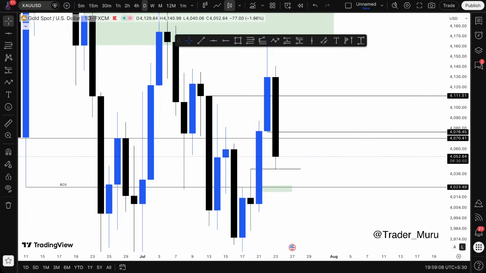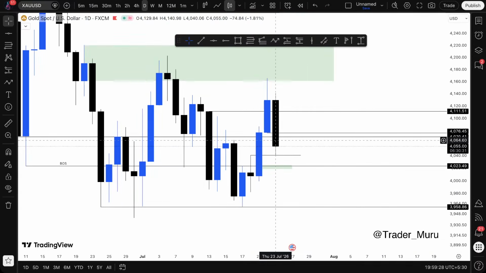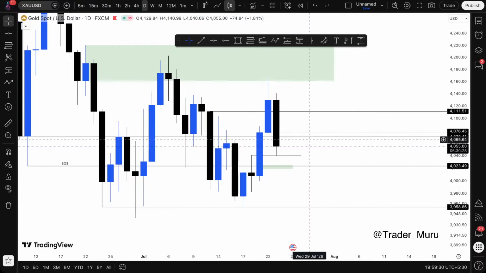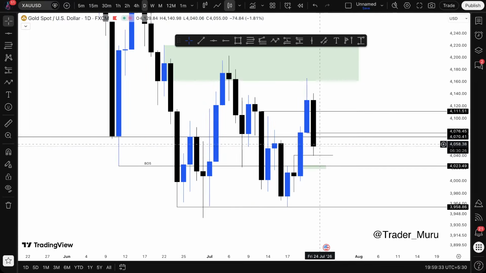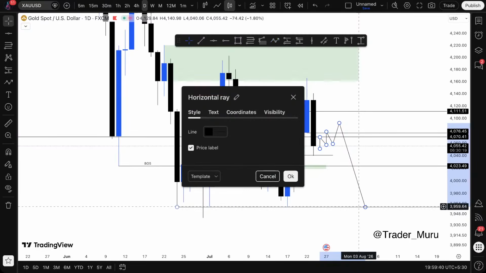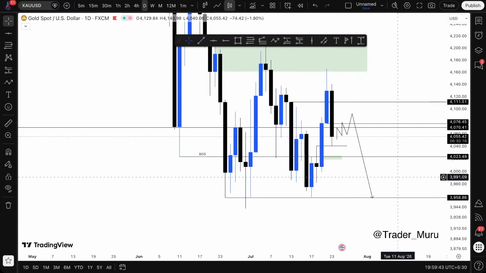So this zone is expected closing for today, and after this closing tomorrow we will be looking for more shorts. If price closes below 4070 and tomorrow we have a pump, then this area will be our full short zone and it will be a swing entry. Maybe price will start dropping next week. Okay, we will have a slow pump and next week we will have some massive drop, and this time